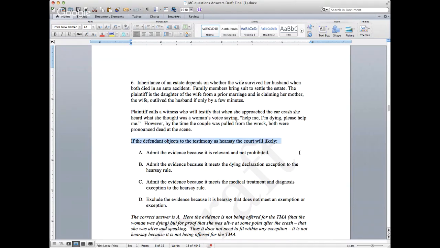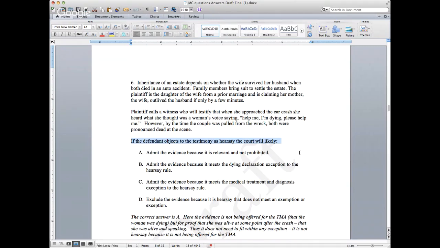And think about it this way, this statement could be anything. It doesn't have to say, "Help me, I'm dying." You can say, "Can you bring me a Coke?" or "Can you bring me some soda?" or, "Hey, how was my dog?" Any statement that would have been made would have also been admissible because we're not proving that statement is true. We actually just need to show that a statement was said to show that this person was alive.